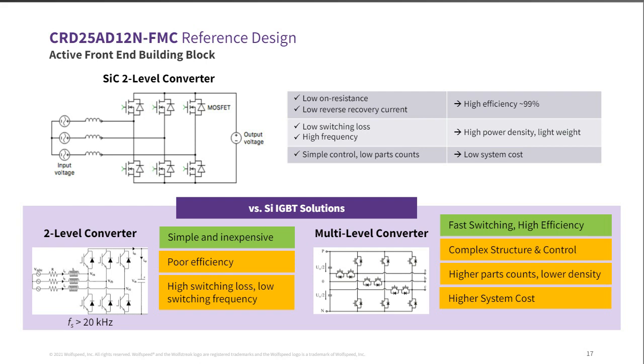And to overcome some of the switching frequency limitation or the potential efficiency limitations, you can look at going to a multi-level converter. But this, of course, requires more components, which would increase the system cost and complexity. So with our 1200 volt Wolfpack modules, it simply enables a highly efficient, 2-level simple active front end converter. So we can still achieve relatively high efficiency, and with the Wolfpack module, it's still high power density and relatively low cost. Even with the Wolfpack,